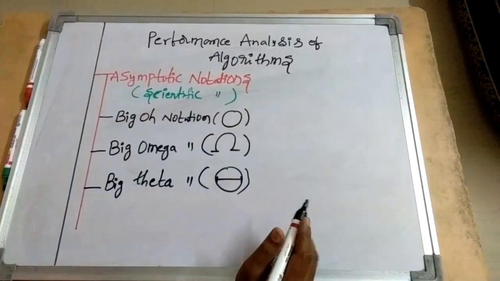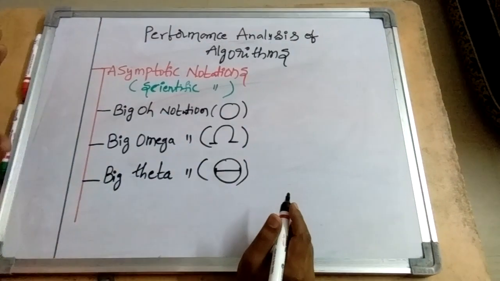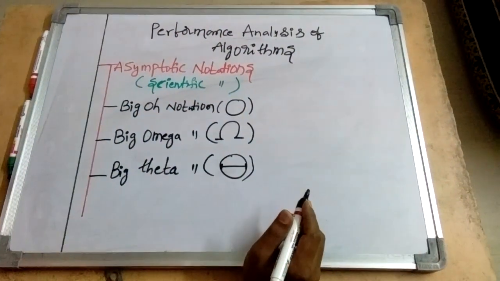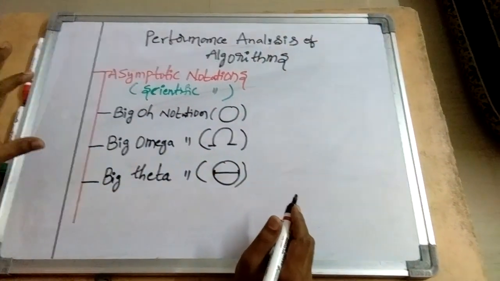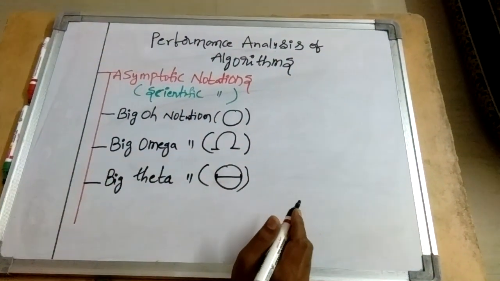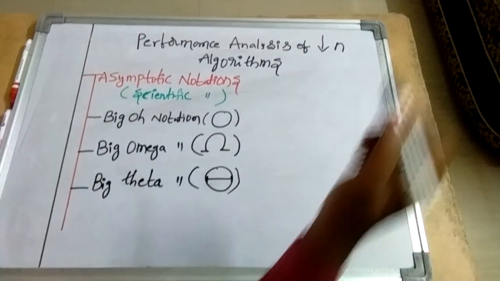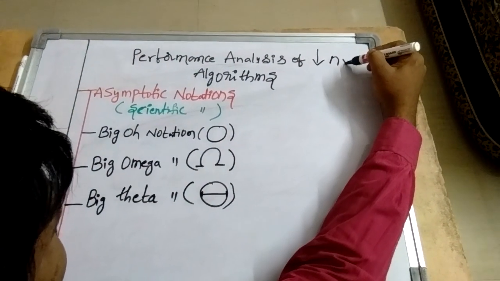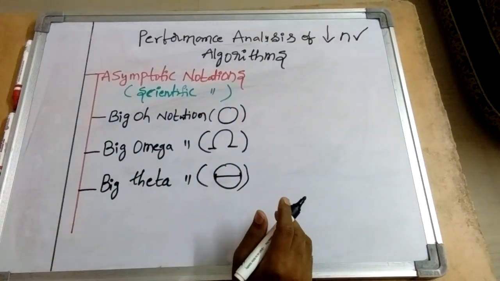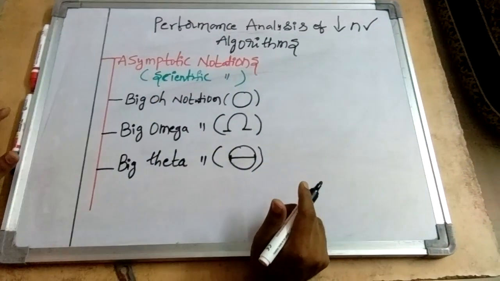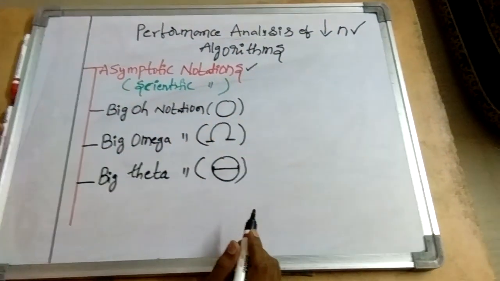Okay guys, now let us see how we make the time complexity of a given algorithm, or I can say the total runtime needed for the algorithm, dependent only on the input size of the problem. For this, there are scientific notations in the literature of computer science and engineering. They are called asymptotic notations.